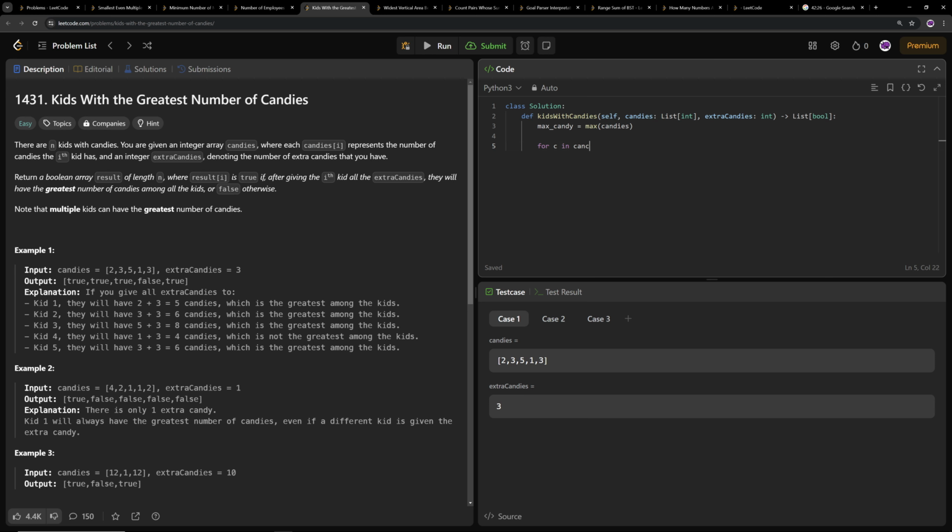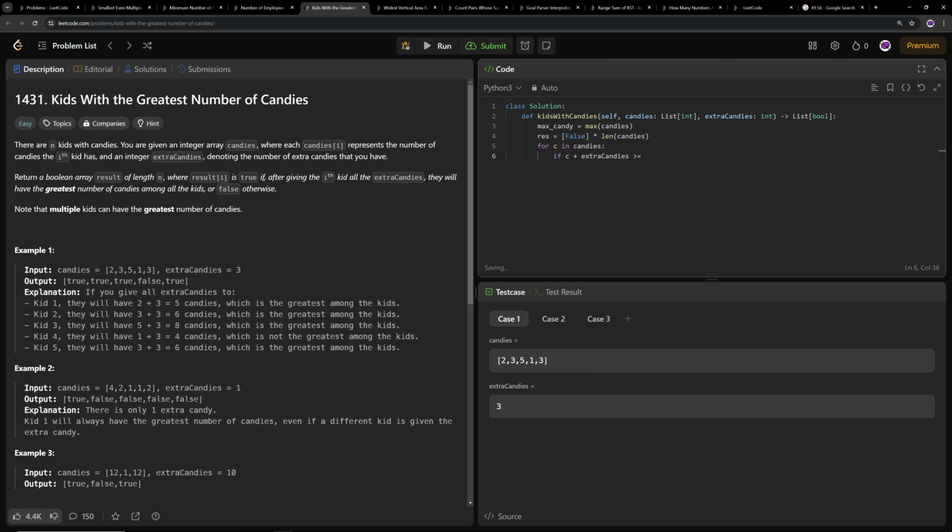I guess we can just create a response array where we have false. Let's just do false times the length of candies. So every entry is initially false, and if c plus extra candies is greater than or equal to the, oh no, not max candy, sorry, it's the extra candies,